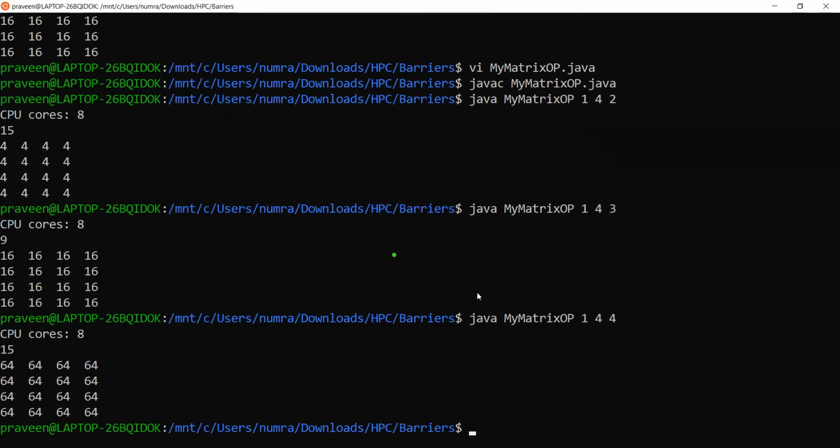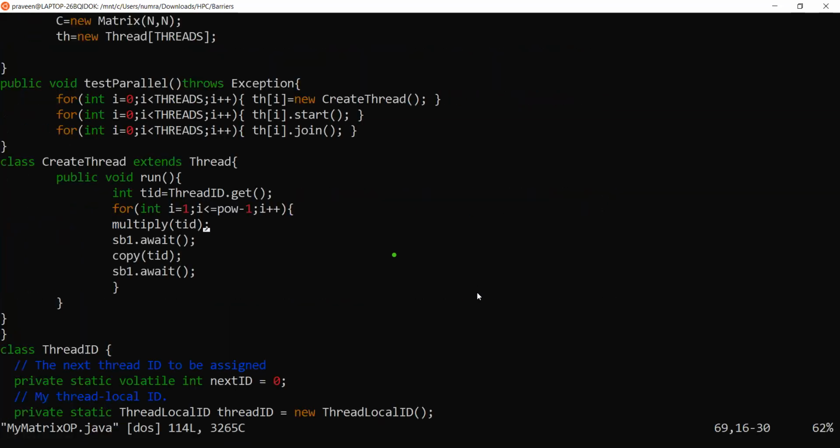Suppose here, what is the matrix? All the elements are 1, 1, 1, 1, 1. This is the A square, A cube, and A power 4. Here, what we did, we considered the barrier. When we consider the barrier, we can execute it, and suppose we are going to